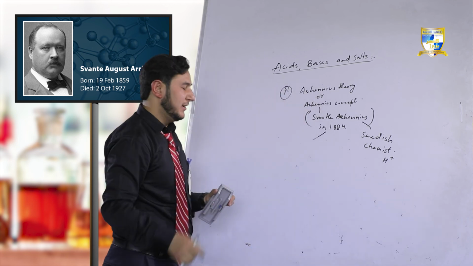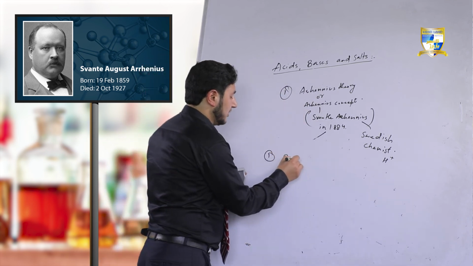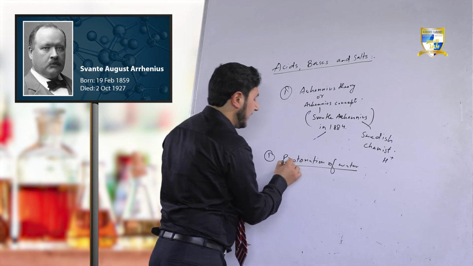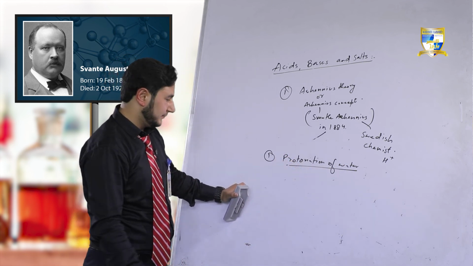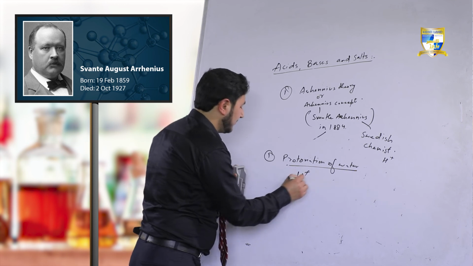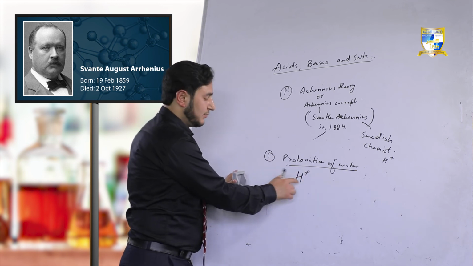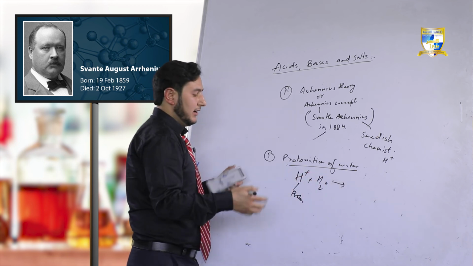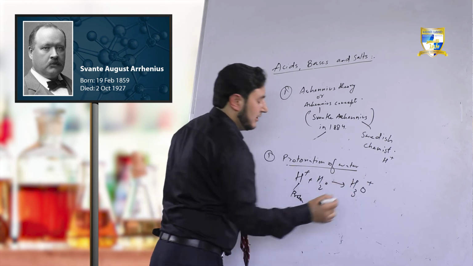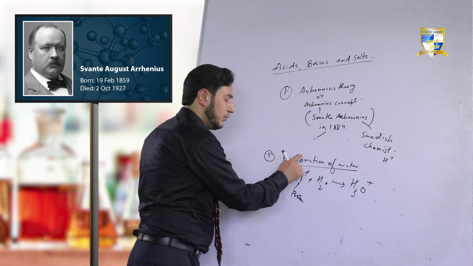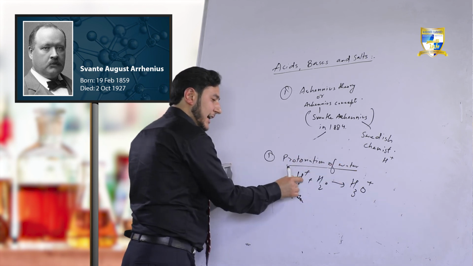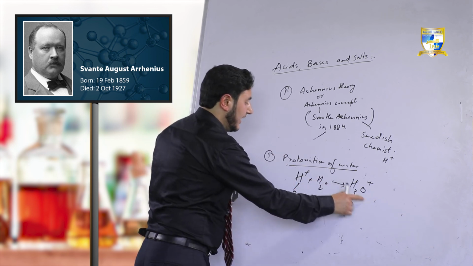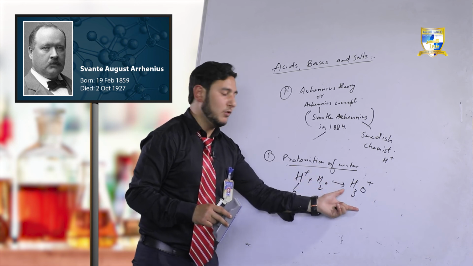There's a little concept I want to discuss with you, that is protonation of water. What do we mean by this statement? Protonation of water simply means that when a proton, an H positive ion, is added to the water, it results in the formation of the H3O positive hydronium ion. This is called protonation of water. When a proton is added to the water and the result of their combining is the hydronium ion, we call it protonation of water. Clear?